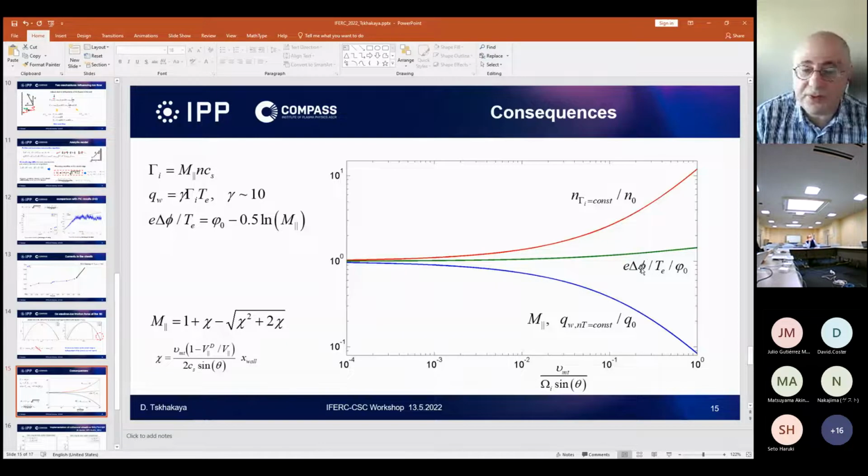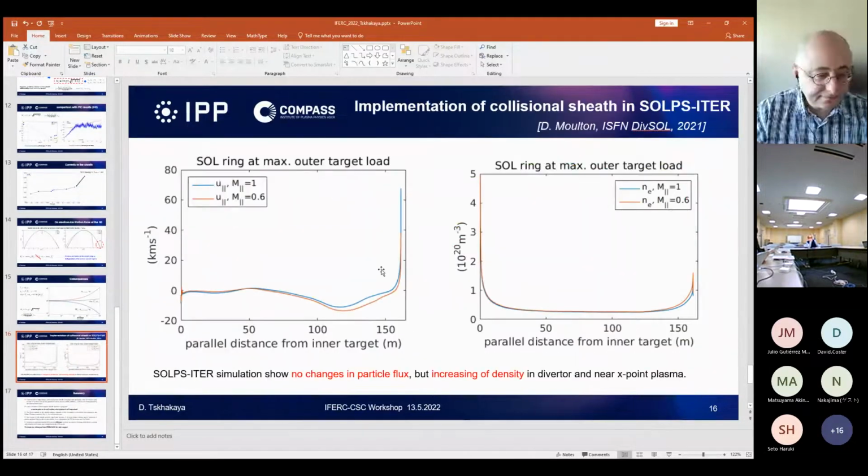So it means that for probe theory, you can still easily use probe models, even for very high collisional plasma sheaths. On the other hand, these are two limiting cases. In reality, probably density will change as well as friction, but these give limiting cases which we consider. And in order to see, the first attempts were made to implement this new model in the